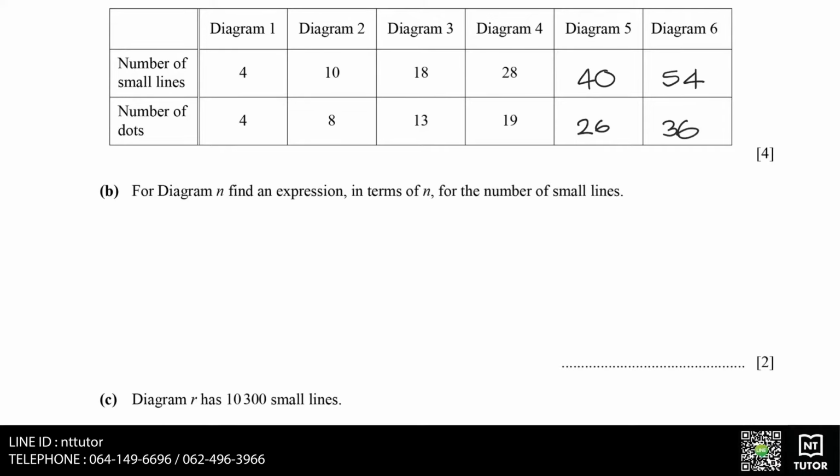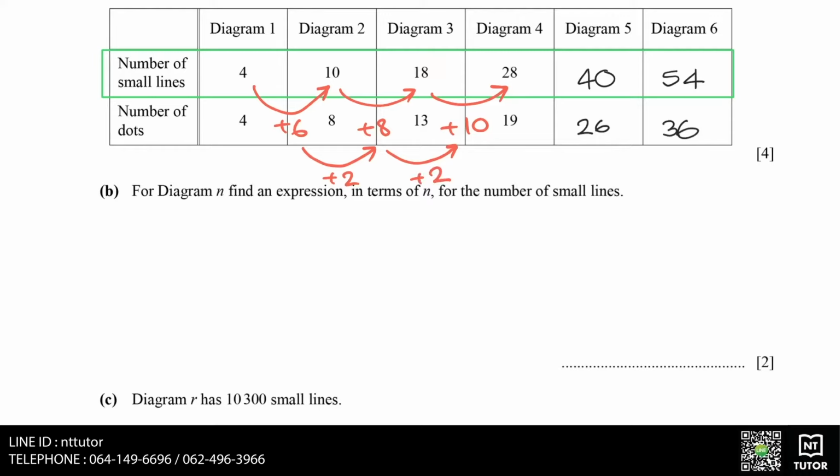For diagram n, find an expression in terms of n for the number of small lines. So what the question wants is for us to find the nth term for the number of small lines, or the sequence 4, 10, 18, 28, 40, and 54. We already know the pattern of the sequence. It's plus 6, plus 8, plus 10, then plus 12. And the second difference is plus 2. Therefore, if the second difference is the same, which is plus 2 for all the terms, we know that it's